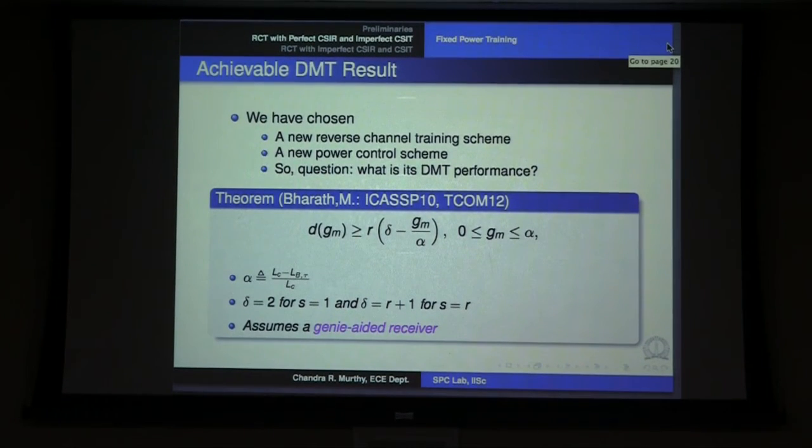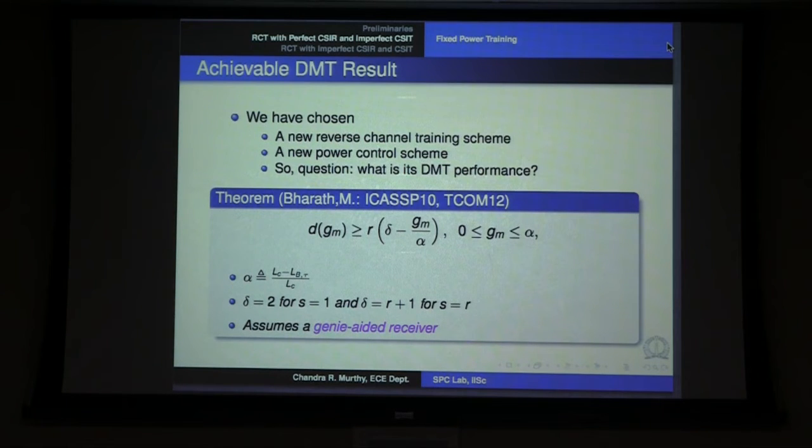Okay, so now we have chosen a reverse channel training scheme. We have chosen a data power control scheme. And then you can ask what is its diversity multiplexing gain trade-off. And this is the result that we were able to obtain. The diversity multiplexing gain trade-off has a form which is very similar to, this is an achievable diversity multiplexing gain trade-off. And it's a form which is very similar to the result in Steger and Sabova's paper in 2008,